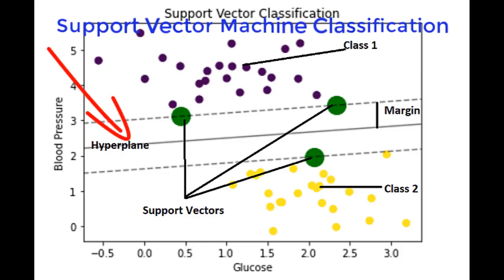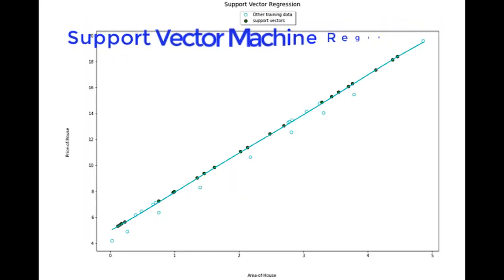The hyperplane forms the decision boundary. The data points that fall on the decision boundary are called support vectors. Support vector machine regression works on a similar principle as support vector machine classification algorithm. Support vector machine regression algorithm mainly considers the points that are within the decision boundary line. The best fit line is the hyperplane that has a maximum number of points. The image on your screen shows a typical support vector machine regression line. Note that most of the green dots that fall on the regression line are called support vectors.